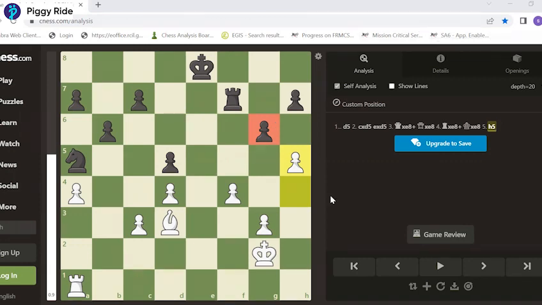Because if we go back one move, we look at this position, we see that Capablanca must have evaluated this position and seen first of all that the material is level, but in an endgame, passed pawns are extremely important. And he must have noticed that here white has a kingside pawn majority. So this is the area of the board where he can potentially create a passed pawn. The next aspect in Capablanca's planning is that black's two pawns on the king's side are both on a light square.